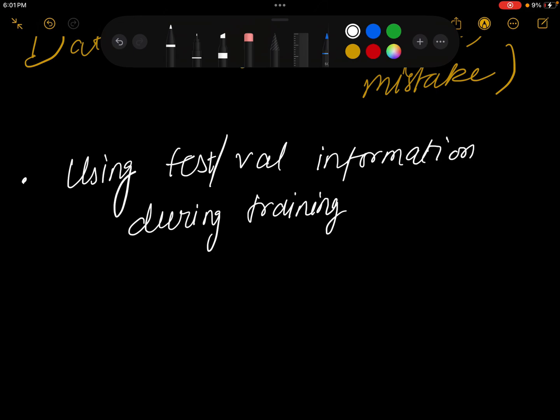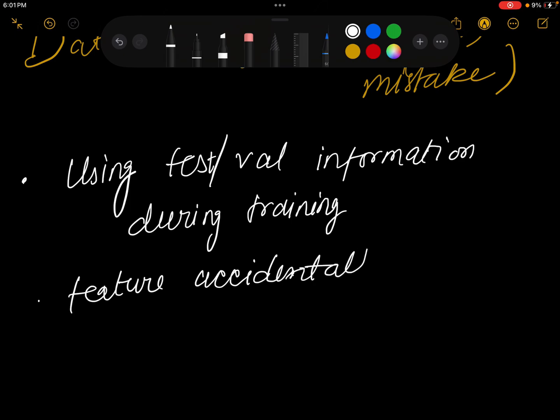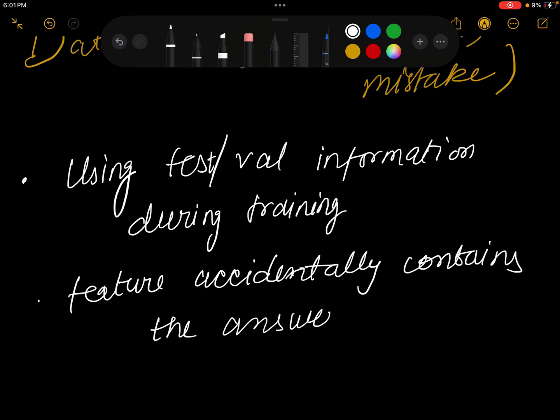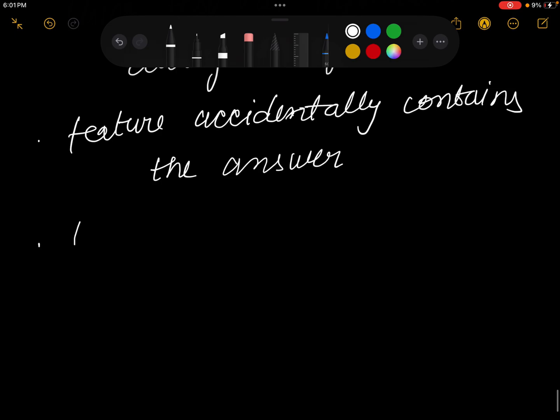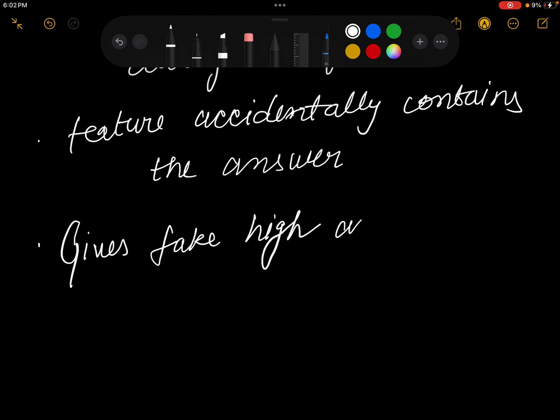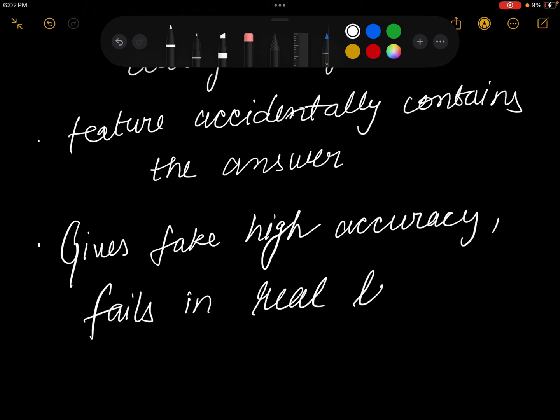A simple way to understand leakage: the model is secretly getting hints from the answer key. One common leakage is when a feature directly contains the target or future information. For example, if we are predicting whether a customer will churn next month and we accidentally include a feature that was recorded after churn happened, the model will look amazing in training but fail in real life. Also,